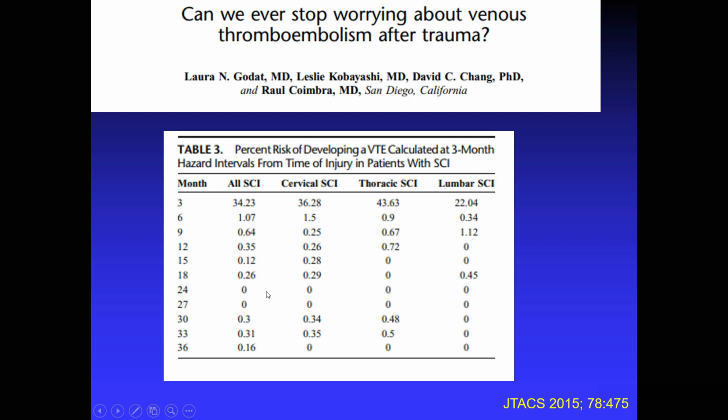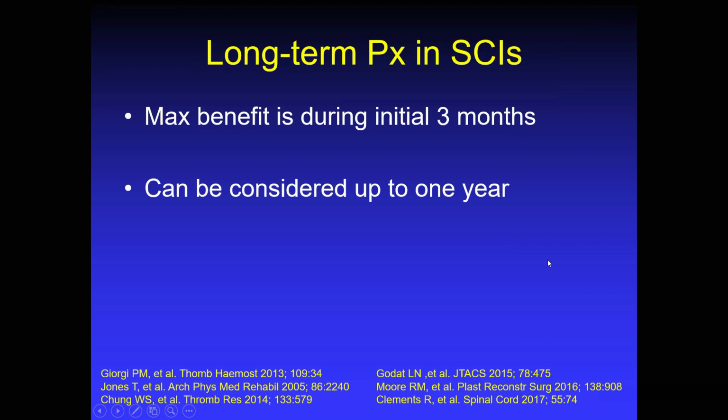And this is congruent with hematology, neurology, and PM&R literature indicating the window of significant risk for these chronically immobilized, paralyzed patients, during which VTE prophylaxis should be maintained, is somewhere between 3 to 6 months, although you could potentially, based on this data, make an argument for out to a year. But for the most part, in our patients that are tragically left paraplegic or quadriplegic as a result of their trauma, how long should they be maintained on VTE prophylaxis? Probably somewhere between 3 and 6 months, depending upon the case.